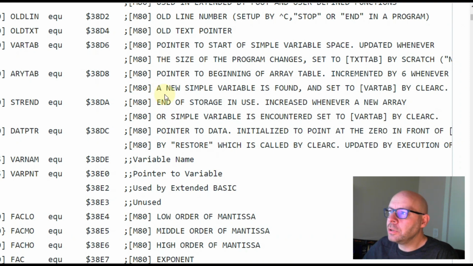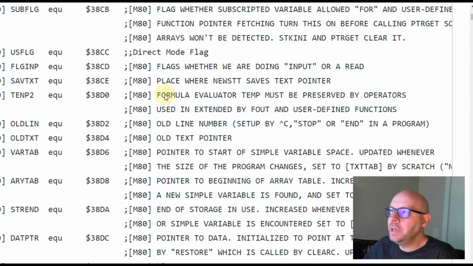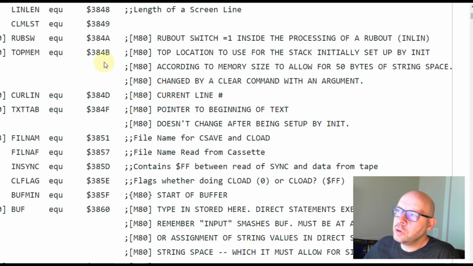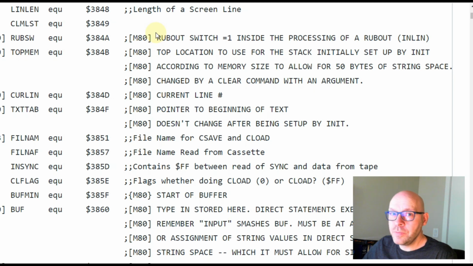All right, here's our disassembler, and we're looking for 384B now, which is right here, and it describes it as the top location to use for the stack, initially set up by init according to memory size to allow for 50 bytes of string space, changed by a clear command with an argument. So that didn't really clear it up for us very well, as much as I was hoping it would. But anyway, what this is doing is this Mattel Aquarius computer has something called a string buffer, and a string